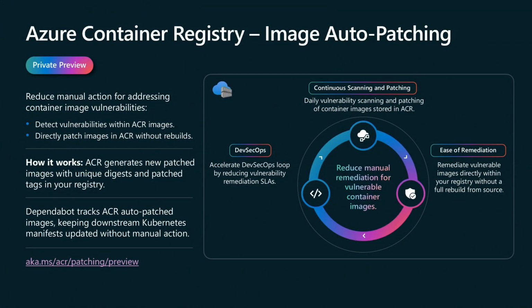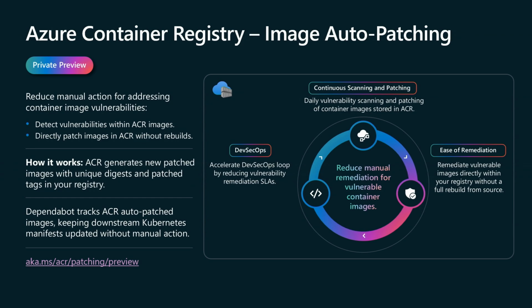And then I wanted to highlight another thing that we're really excited about, which is the image auto-patching in Container Registry. So with Container Registry now, and with an open source project called Project Copacetic, when you push an image into the Azure Container Registry, we will automatically detect and add a patch layer if you opt into auto-patching. And I might hear you saying, like, well, I don't want you to modify my image. And I will say, we don't actually modify your image. We add an additional tag, which is the patched image. It's -1 for the first patched image, -2 following semantic versioning. And we add a patch layer. So we take your entire image. We don't modify it at all.